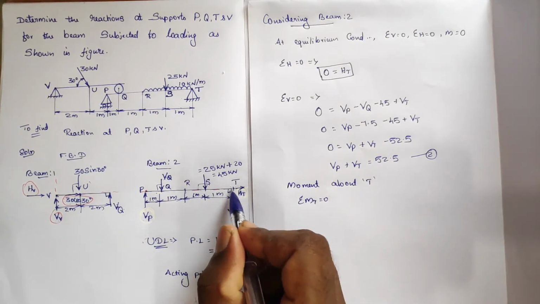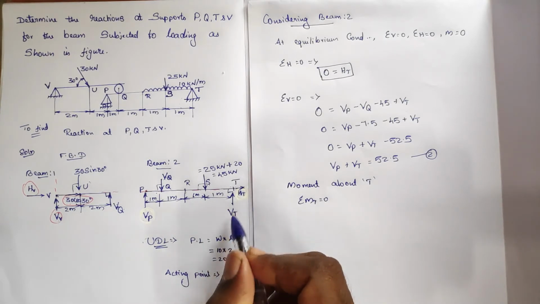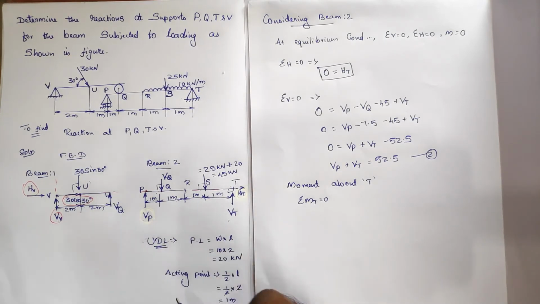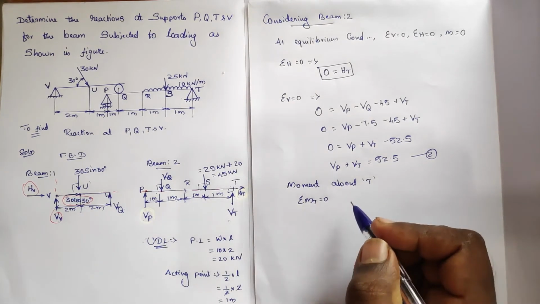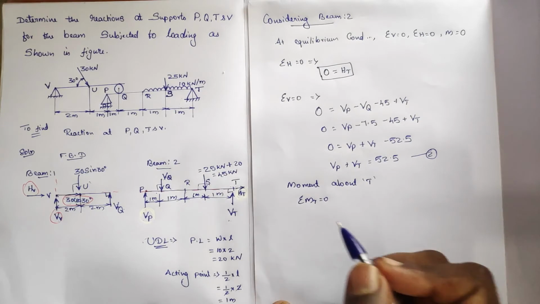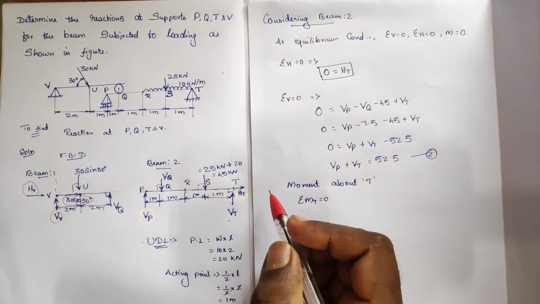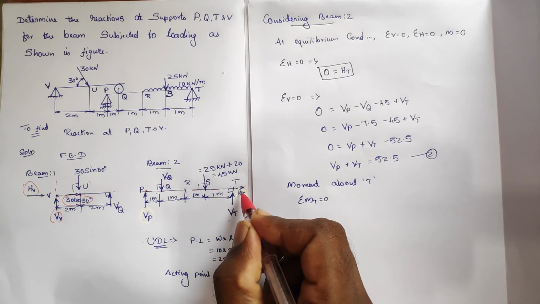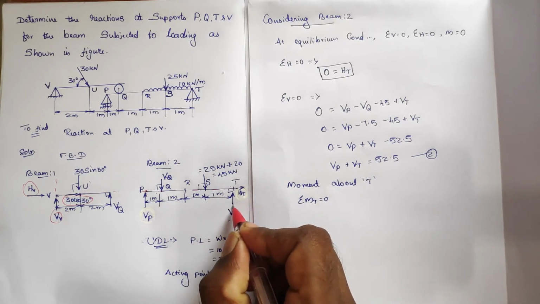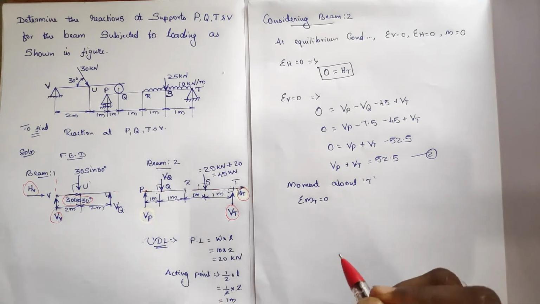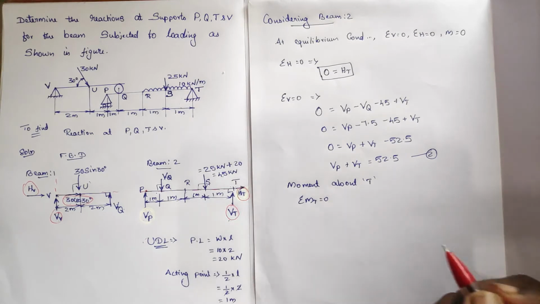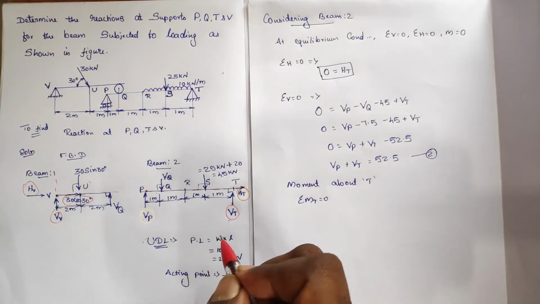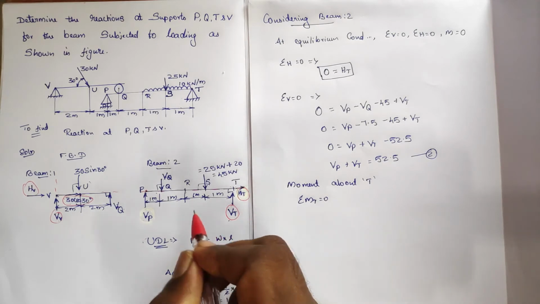So if we apply equilibrium in such areas, we can eliminate both of the unknowns, so that we shall find the other unknowns. Okay, so here what we are going to do is take moment about T, right? Moment about T. So when I take moment about T, VT and HT won't be participating in the moment because there is no perpendicular distance.